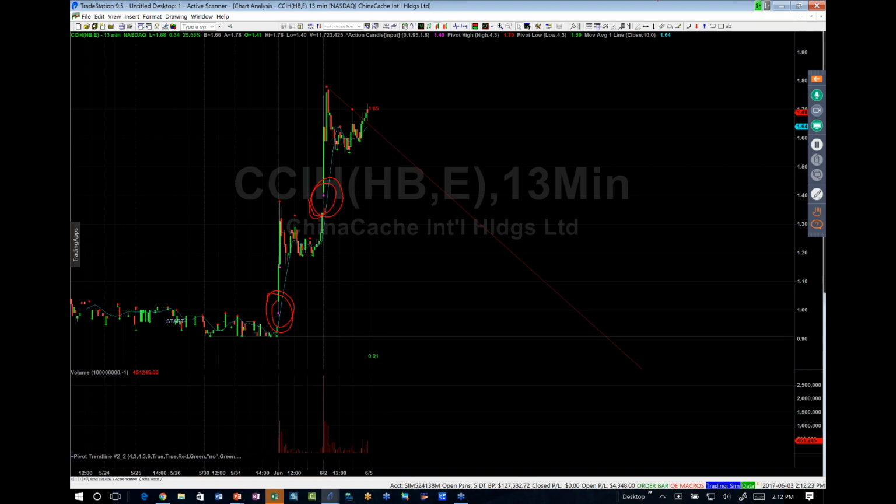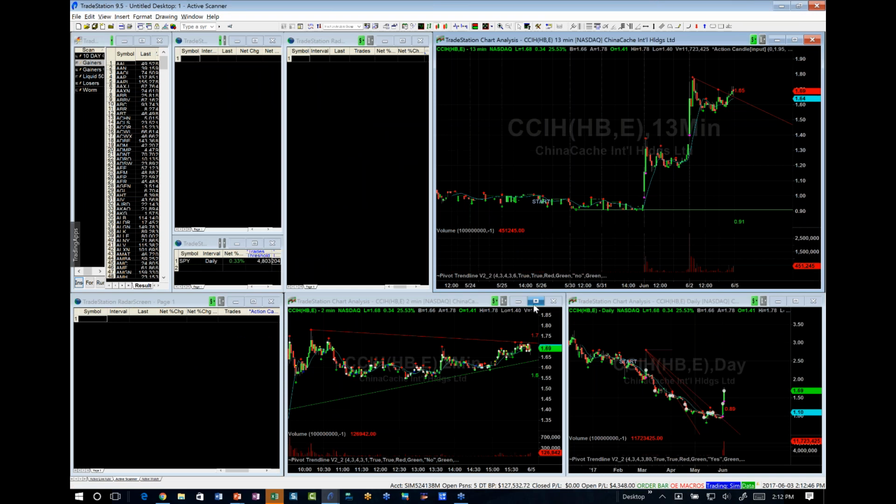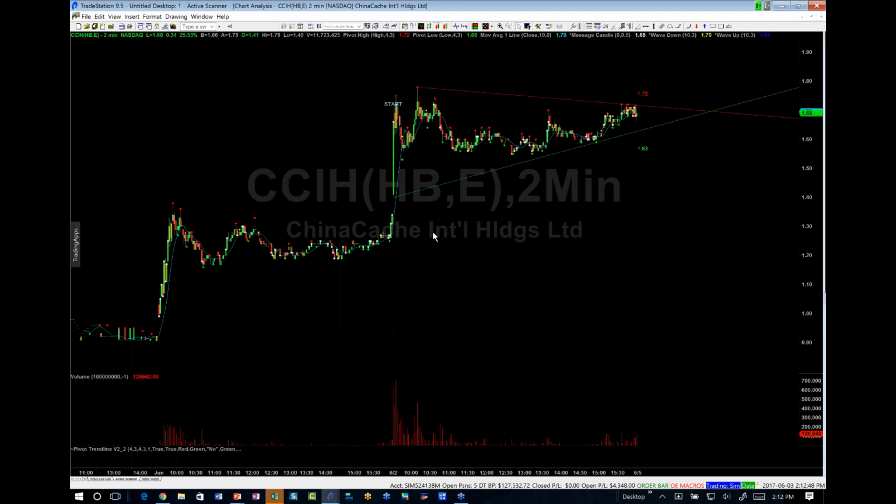Now my actual entry signal came on the 2-minute chart. So if I go to the 2-minute chart here, my entry signal came, I've got to remember, probably, pretty sure it was here. No, actually it wasn't. It was here. I was losing for a while on it. And this is all computerized. So when you're on the Active Trader webinar, these alerts get spit out by a computer. I programmed the computer to tell me when the alerts come. Anyway, it was somewhere in here. I can't remember.